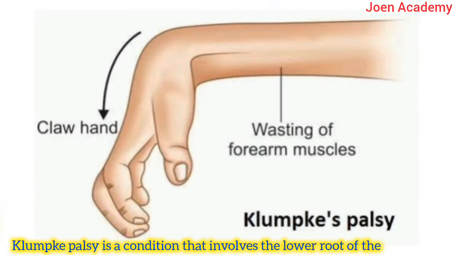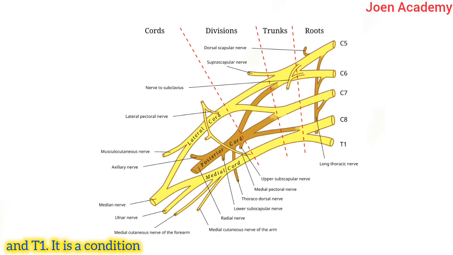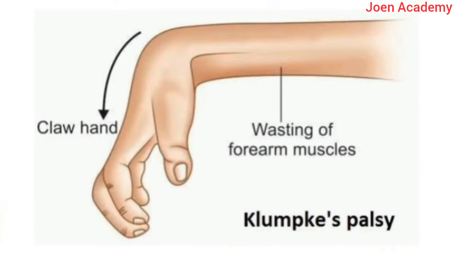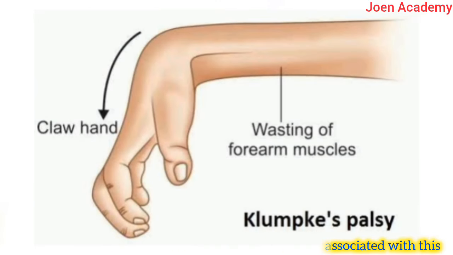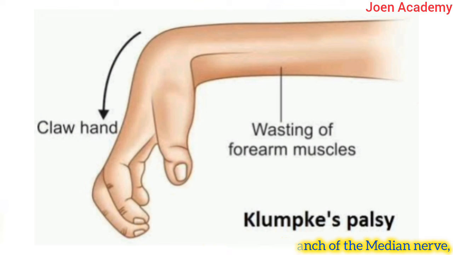Klumpke palsy is a condition that involves the lower root of the nerves of C8 and T1. It is a condition caused by a rare injury of the lower brachial plexus, usually following breech delivery. Some motor deficits associated with this condition are opposition of the thumb due to the terminal branch of the median nerve, loss